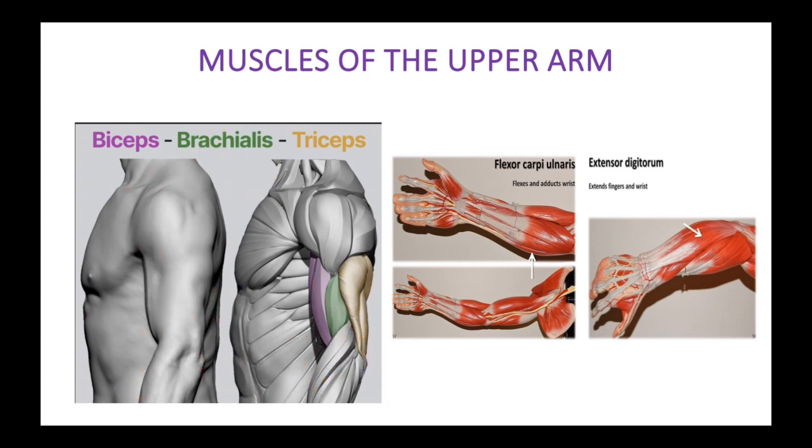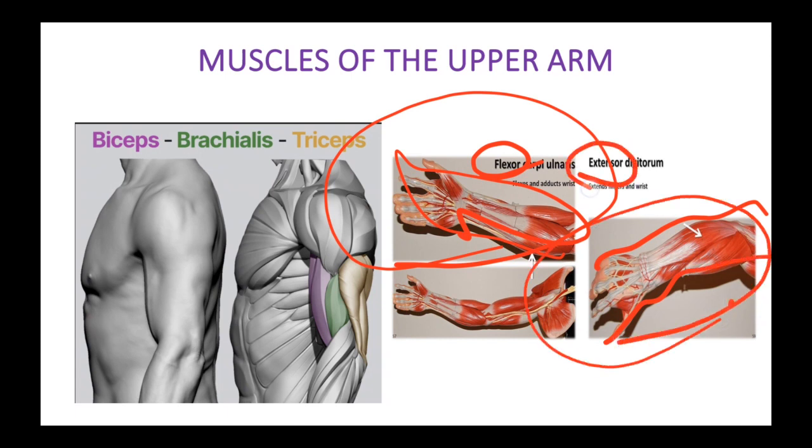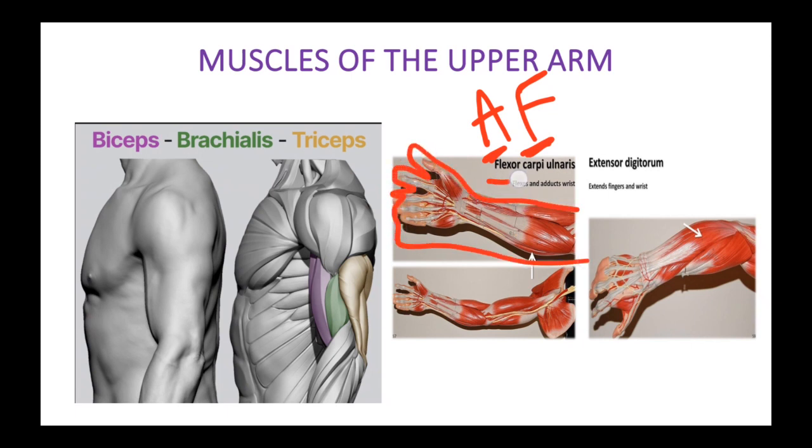Alright, so the next one is the arm. Whenever you look at your arm anteriorly, put your arm forward in front of your eyes and take a look. All the muscles you will be seeing anteriorly now are the flexors, and the muscles on the posterior side are the extensor muscles. You can just think of it as AF, like it was good AF, it was bad AF, I'm hungry AF. So A for anterior and F for flexor. The whole anterior side of the arm will have flexor muscles, and the posterior side will have